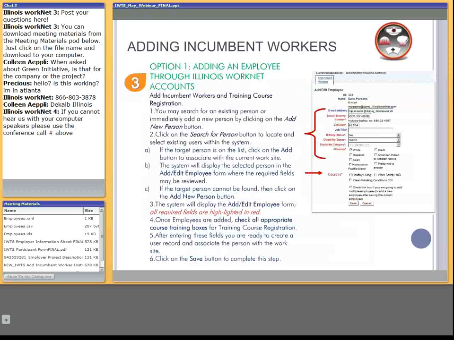And so for option number 1 in adding incumbent workers, what you want to do is you may either search for the existing person or immediately add that person if they're on there. So you click on the search for person button to locate an existing user within the system. Or if the person's already there, you just click the add button. And so the system will display the selected person in the add edit employee form, and then you input all of their different information and